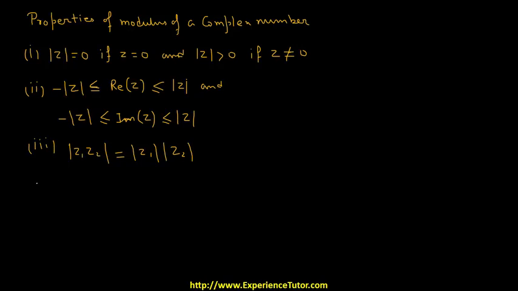Fourth property is modulus of z1 upon z2 is equal to modulus of z1 upon modulus of z2. Fifth is